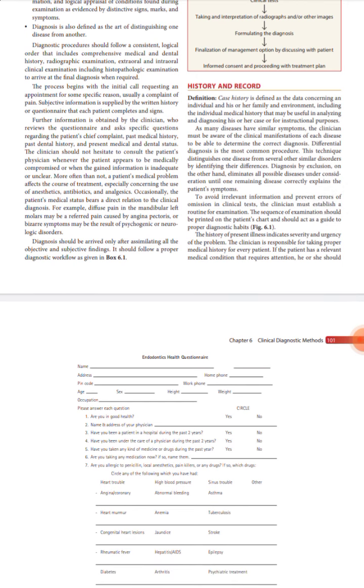Clinicians should not hesitate to consult the patient's physician whenever a patient appears to be medically compromised or when the information gained is inadequate or unclear. More often than not, a patient's medical problems affect the course of treatment, especially concerning the use of anesthetics and antibiotics. Especially you have to be concerned about anesthetic, antibiotic and analgesic. Occasionally the patient's medical status bears